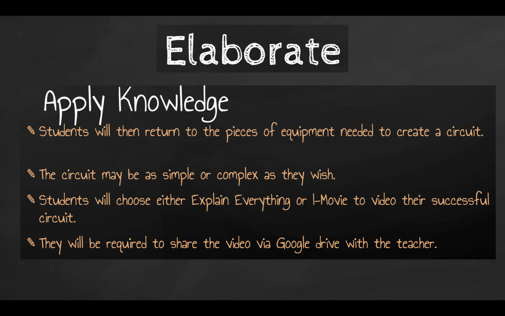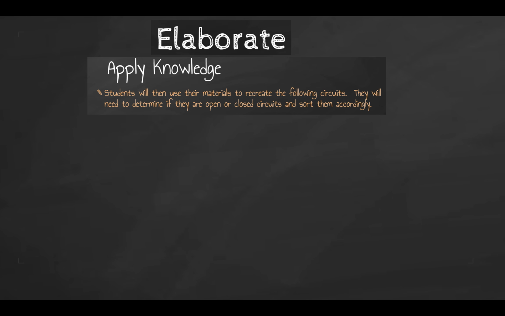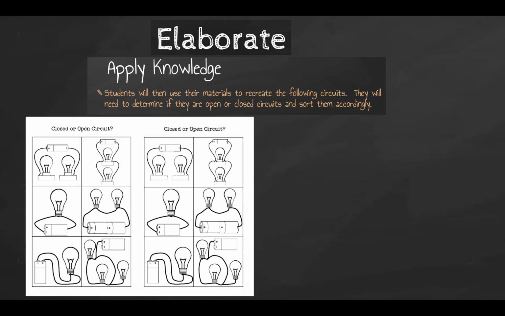It can be as simple or as complex as they wish, and then they get to either choose Explain Everything or iMovie to video their successful circuit, which means that they're going to have to be able to prove in their video that they were able to get their bulb to light, and they'll share that with the teacher on Google Drive. As a way to continue that elaboration and applying that knowledge, students will then also get the following